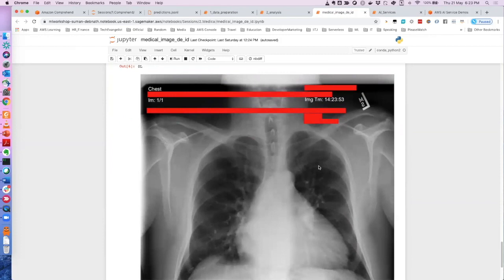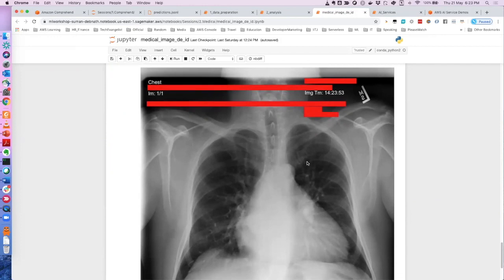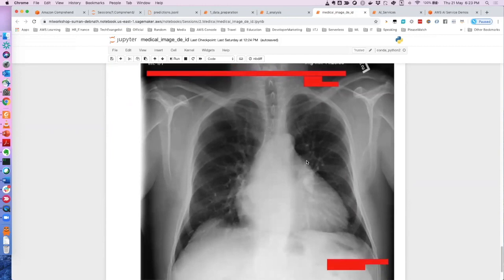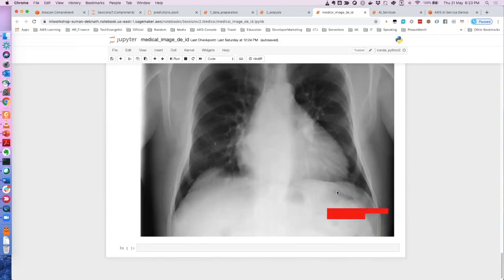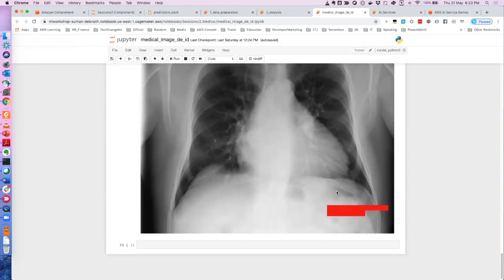Maybe age you might need, because you have to know the age group of the person whose X-ray we are checking. So a few of the metadata are needed, and age is still okay. But name or address or date, these are very much personal things, right? So you can do a lot of things like this. This is just one example of Comprehend Medical.